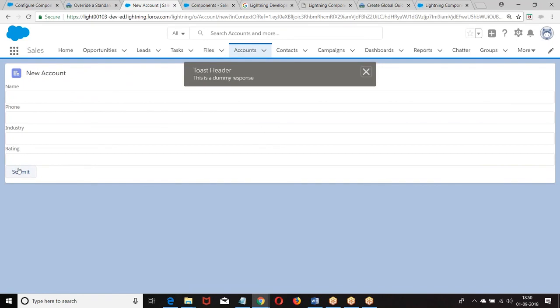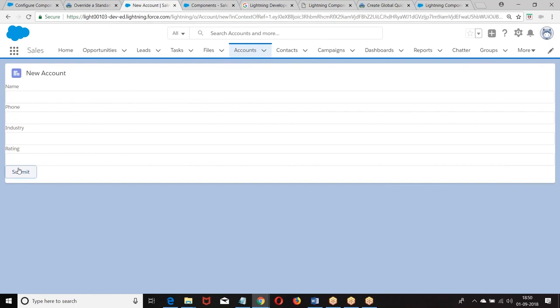Now, in the LDS, when I save the record, we will get a message: record saved successfully, or record not saved. Right, boss? Okay. Next, if you are creating a record, when I click on save, it will go to the client side controller and save the record. We have already done that, we'll implement it, but some threads are there, as I told you. Let us do the small threads first. Once you save the record, we get a record ID. Now, whichever record ID I am getting, I want to navigate to the record.